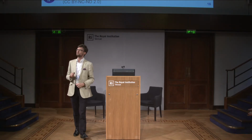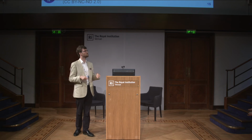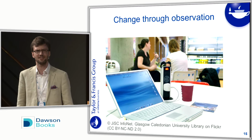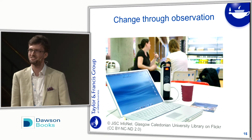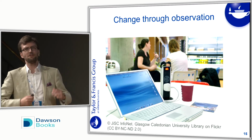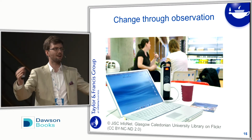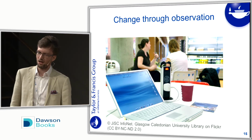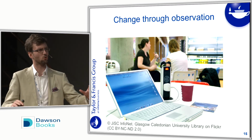But this is kind of an odd situation because I've just said about single spaces, single needs. Well, this person's need is actually to be able to do their work while having a drink. Maybe they don't get their caffeine at the same kind of time as some of the rest of us do. They have to have the caffeine during the session. If you have a standard cafe layout, power points on the floor like the one down here, or none at all, or they're far away,